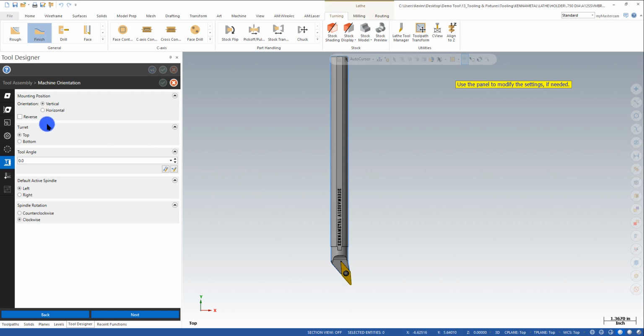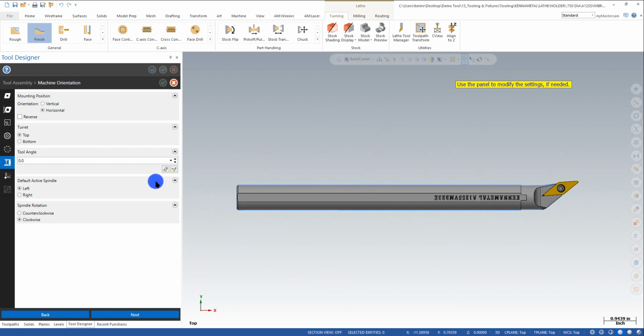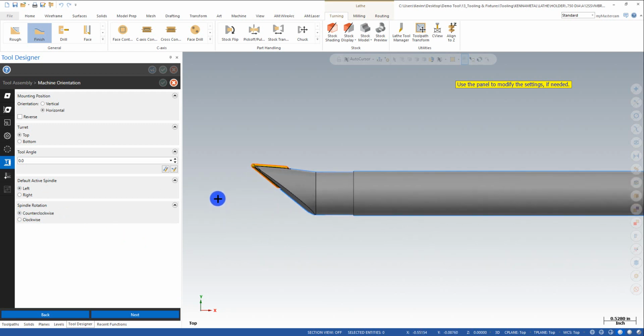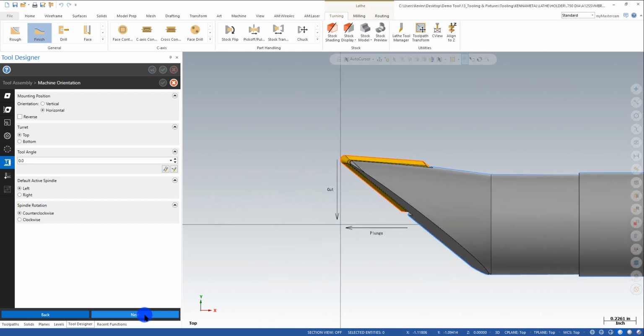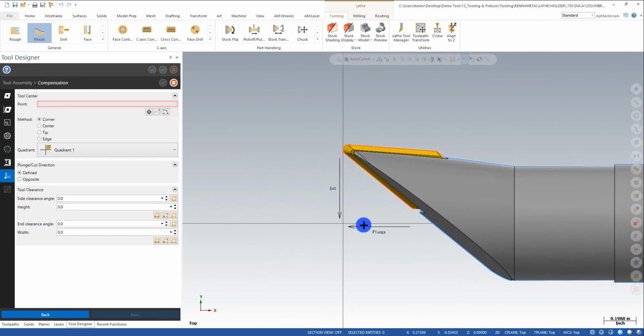So the best way for me to do it is go step at a time. I'm going to be in a horizontal position. That looks pretty good. I'm going to be sitting there leaning onto the left spindle, as I said. And we're also going to tell it counterclockwise. That's looking pretty good. So my insert's not facing me when I'm on the left spindle. And I feel all that looks good, and I'm ready to go to the next step. Now hit next, and I noticed that's not the way I'm